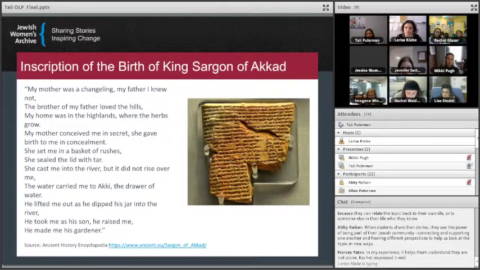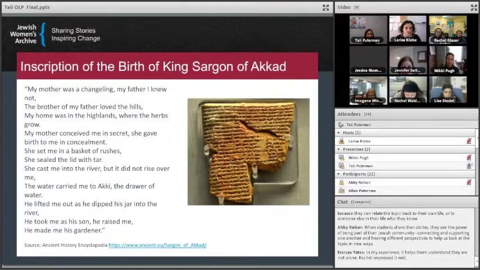But this is a lesson that I first co-taught with her and then have continued to bring into my lessons because I think that it really grounds some of the storytelling in Jewish text and Jewish story, and also provides space for students to think about their own lives, their own stories, and bring it into the classroom. So this inscription of King Sargon of Akkad, he was a king of Mesopotamia. I tell my students, well before we believe that the Exodus story took place,